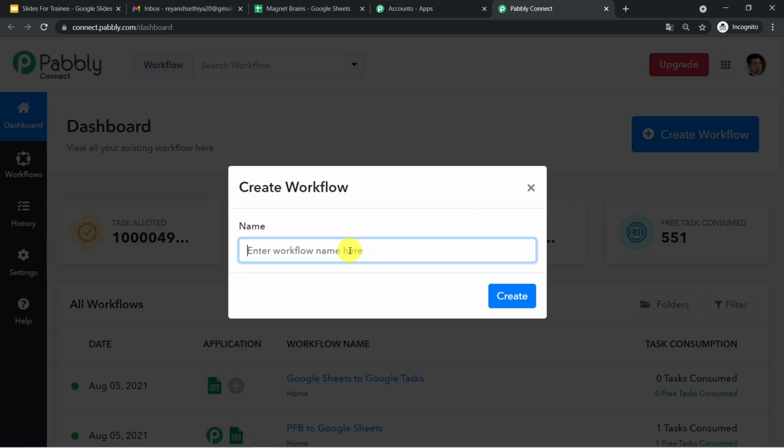So in my case, I am giving the workflow name as Google Sheets to Google Tasks, as I want the data to be captured from Google Sheets and transferred to Google Task. So I'm giving the workflow name as per my requirement. You can give the workflow name as per your requirement also. Now let's click on create.